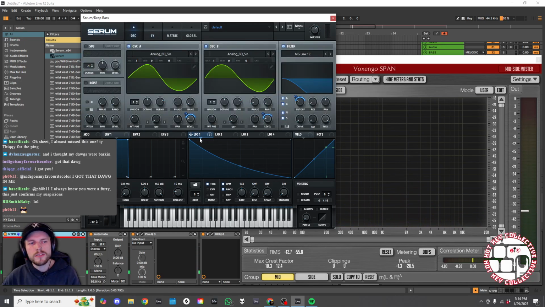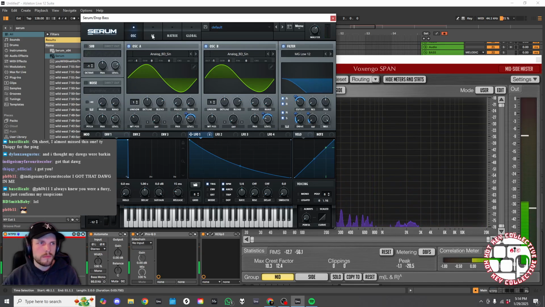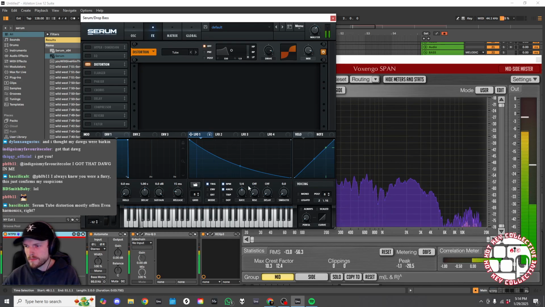And with house basslines too, I like to route LFOs to everything. So I put a little bit on the drive, a little bit on the fat. And then after the distortion, because it's starting to get farty,